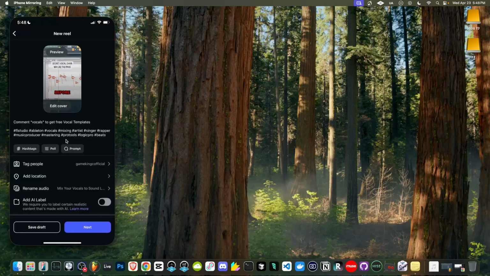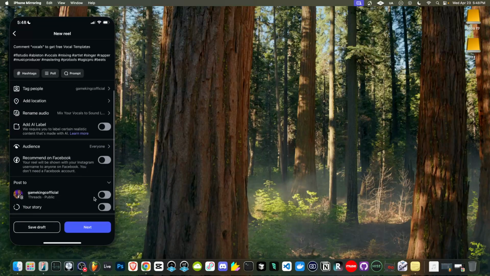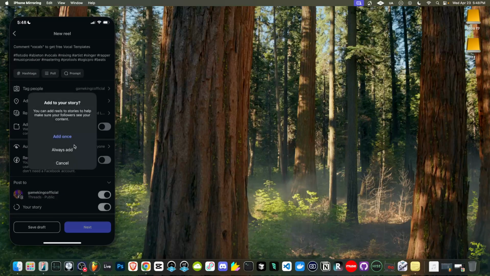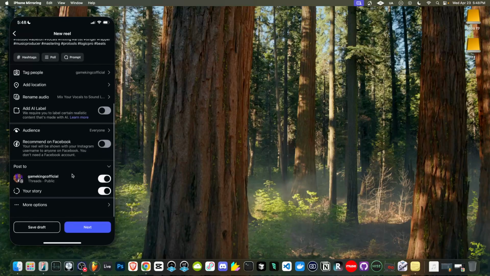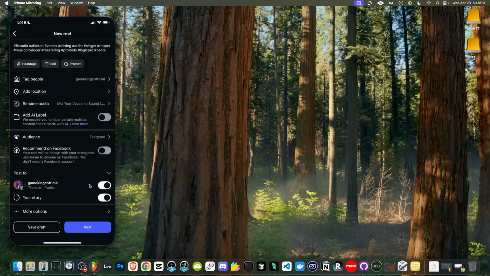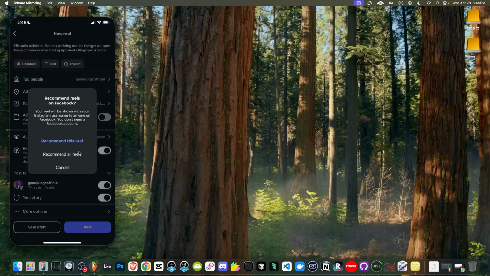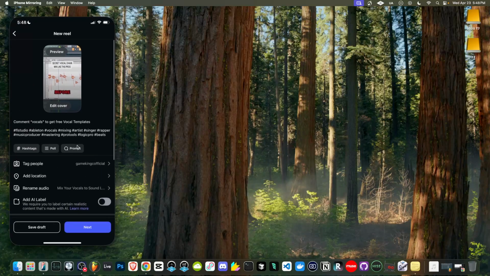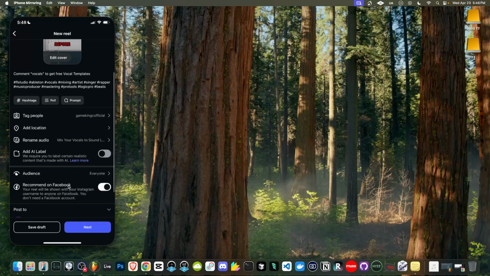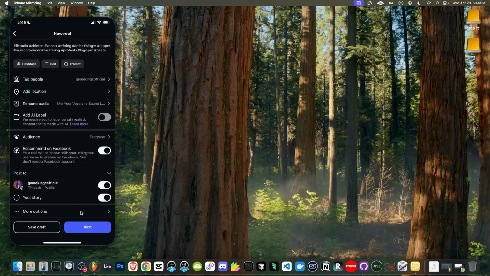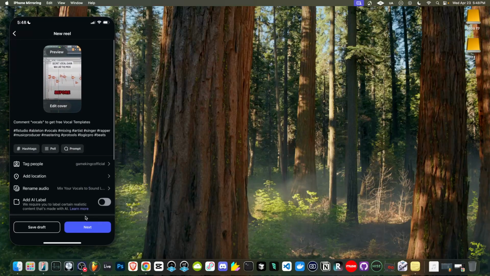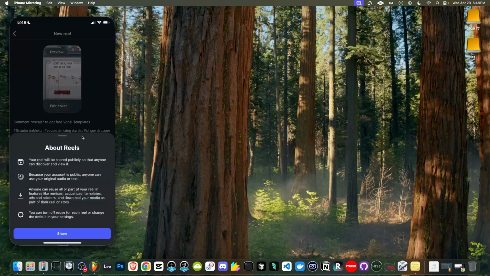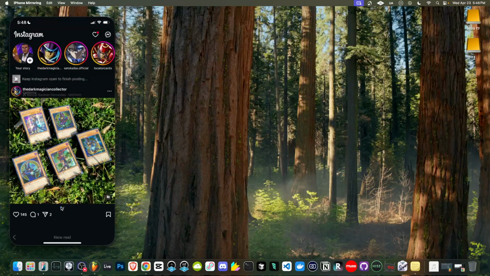Okay, let's hit next. So that's good. We don't have to do a bunch of stuff. And then we want to make sure we're sharing on Threads. And the story is a new feature now. It's always add. And if you have a Facebook account, you can also do that here. But because I don't have one, we're going to skip Facebook, even though I don't have a Facebook account. And then okay, so that's pretty much all we have to do. Now what we have to do once we hit post is go back into ManyChat to activate the actual keyword vocals and any variations of that. So let's hit next. Yes, we're going to share.